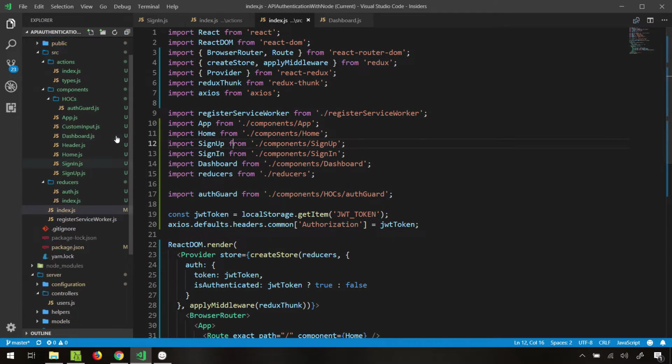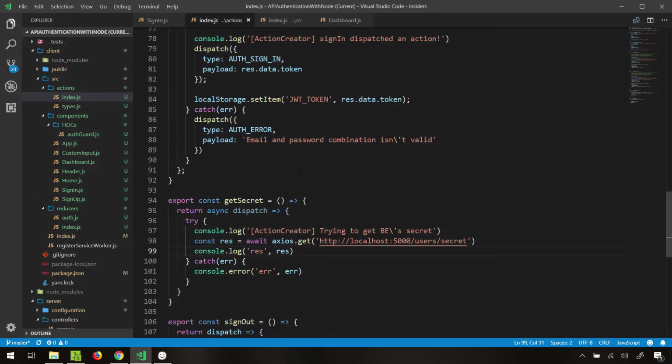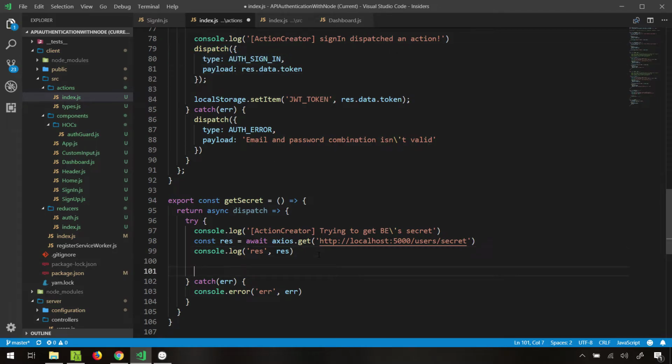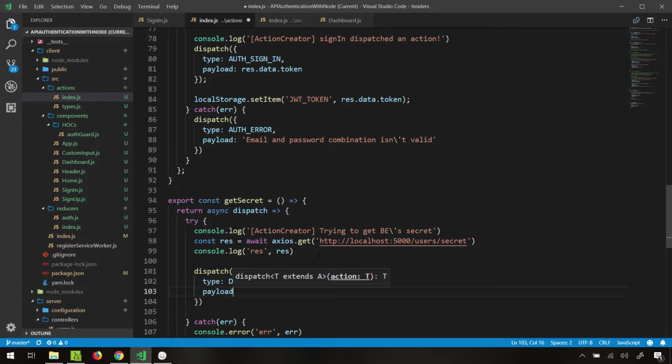So what we can do is we can actually dispatch something over here, so we can actually steal a bit of code from here. We can say something like dispatch, and then as a type we can say dashboard get data, for example, and as a payload we can say response data